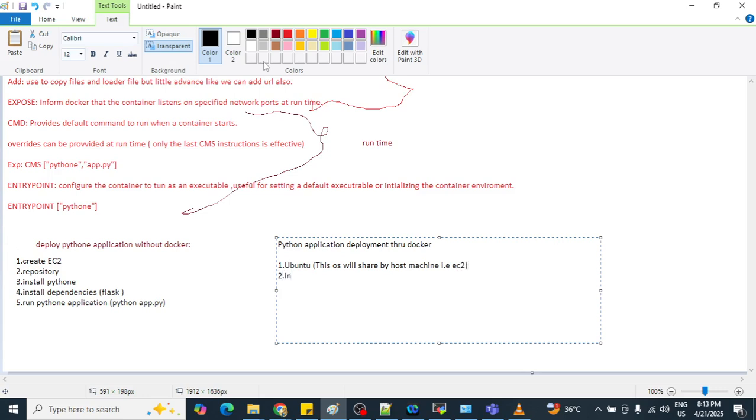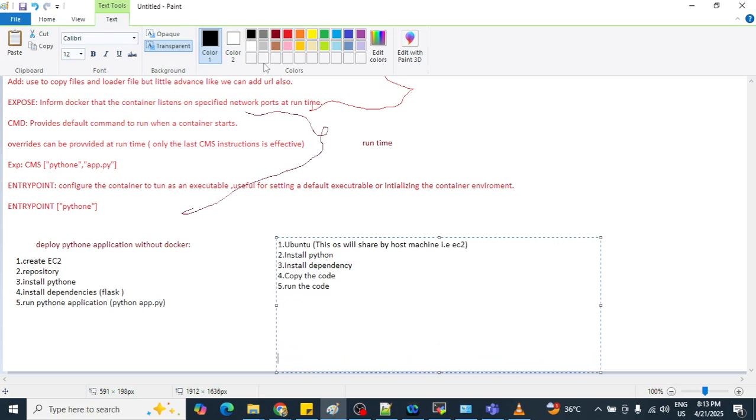You need to install Python also. Next, you need to install dependencies. Then you need to copy the code. Next, you need to run the code also. And these instructions we are giving in our Dockerfile.